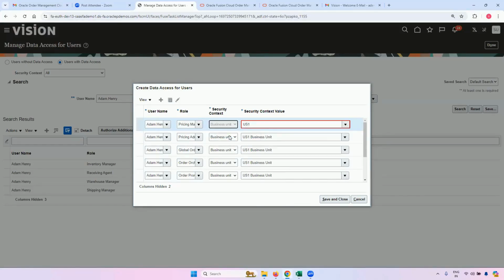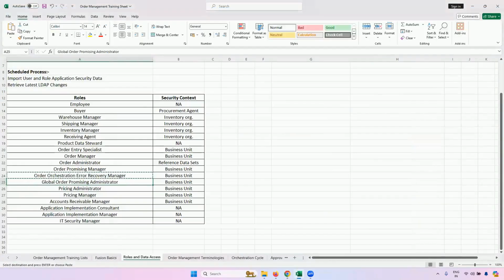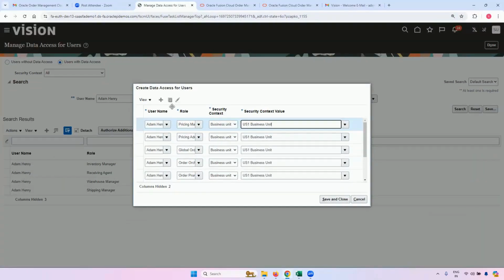Wait, business unit. Then account receivables manager is the last one. That is so that you can create an invoice. Just type accounts and it will come in automatically. Business unit and US1.